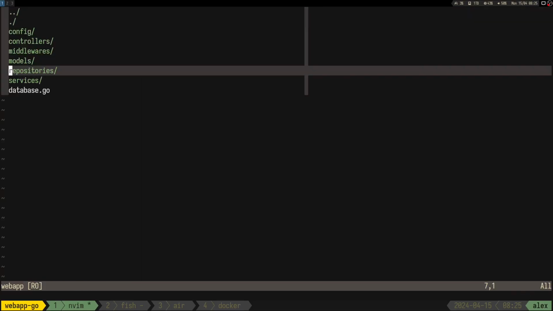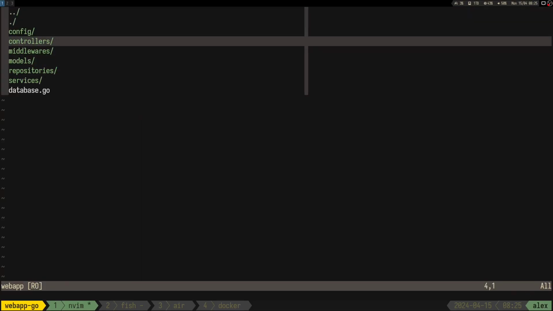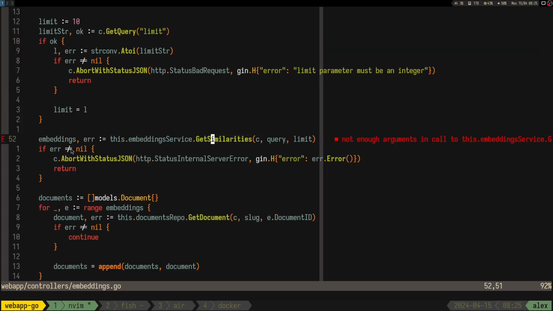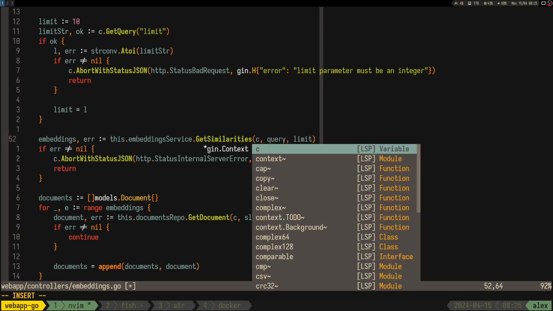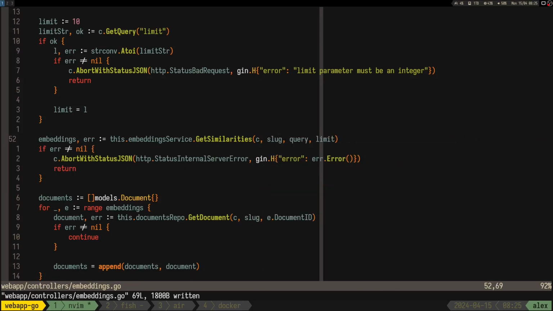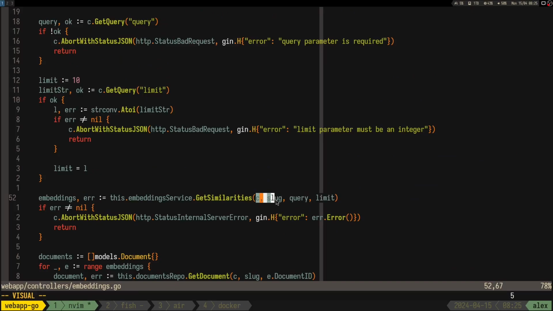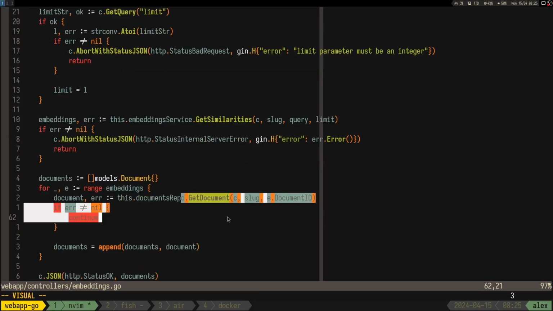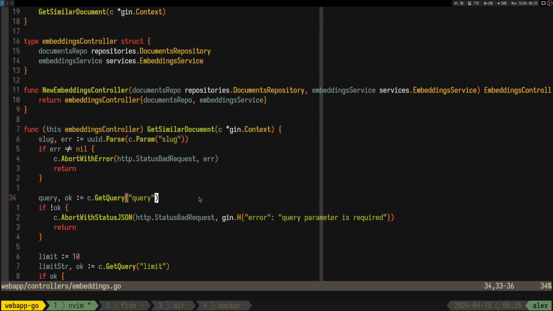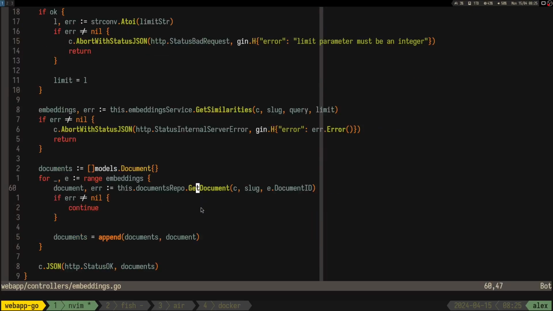So these repositories, get similarities, now should get the slug, right? So it searches in this post for this query, this number of documents. Should be working now. So let's see. I mean, again, this slug right here is pretty useless, but here it's useful. So